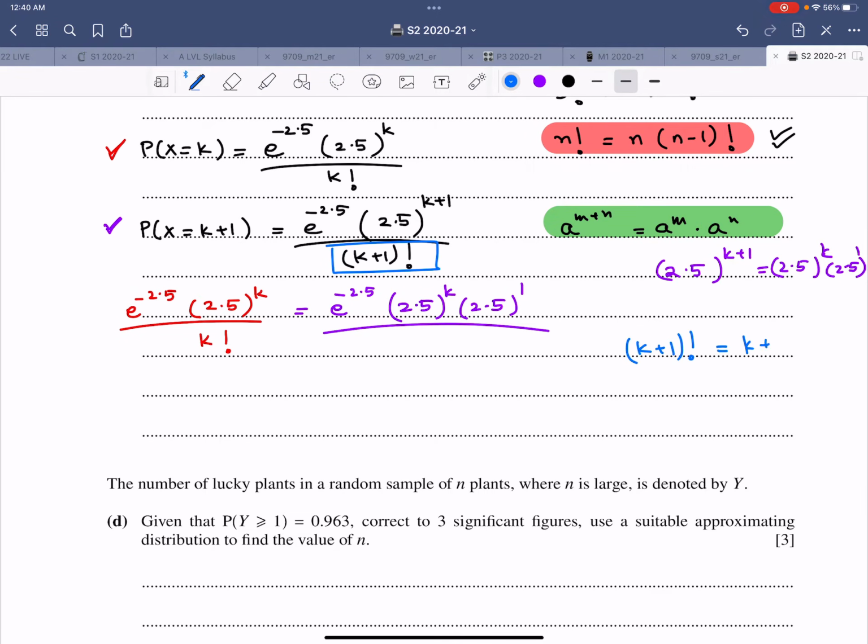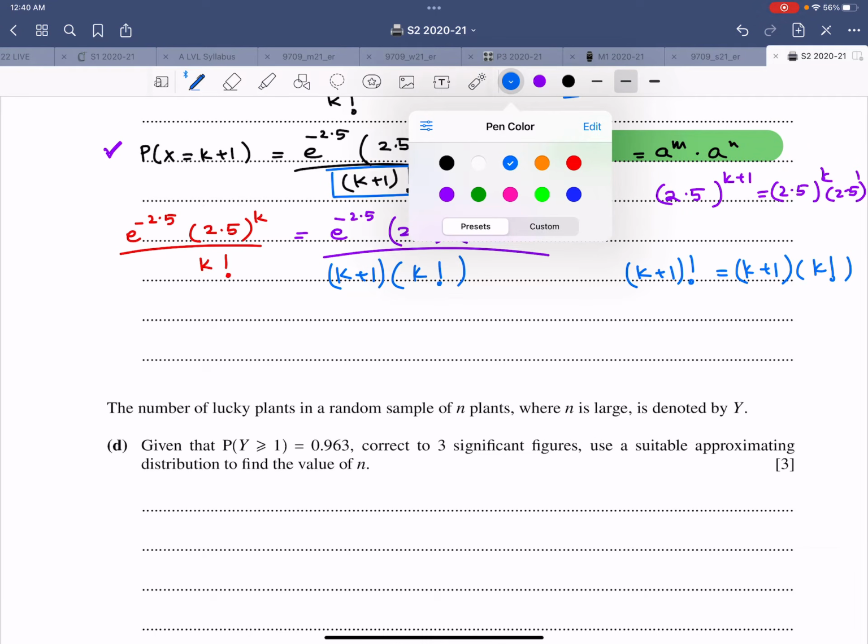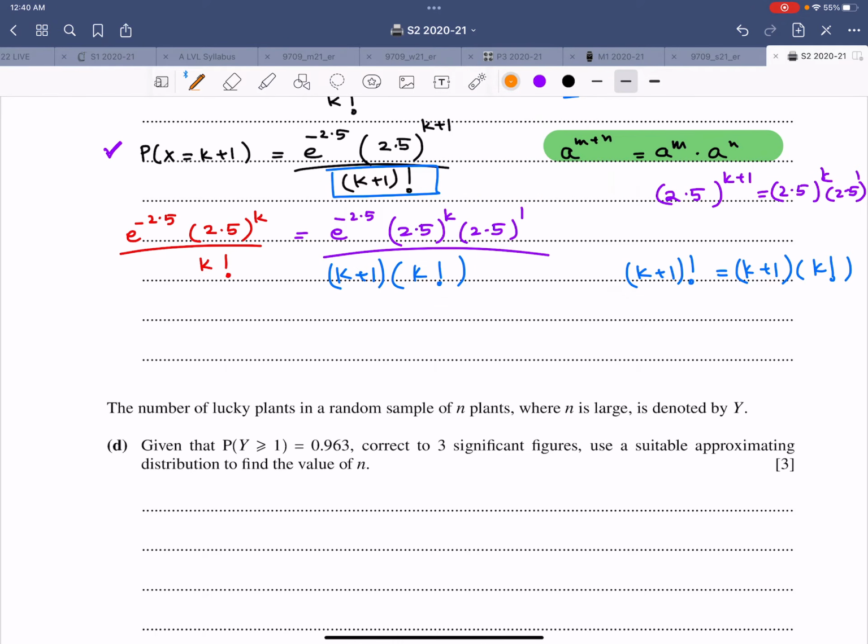That should be k plus 1 multiplied by k factorial, just like n factorial is n into n minus 1. So k plus 1 minus 1 is k factorial. Therefore this is k plus 1 and this is k factorial. So now you know exactly what you are supposed to do. So you have this calculation. So let's highlight it. This k factorial